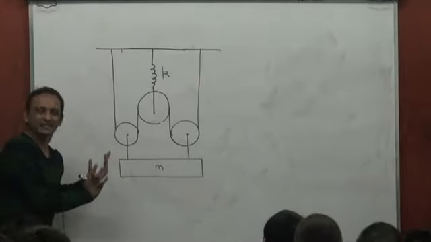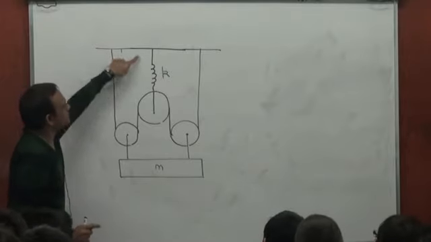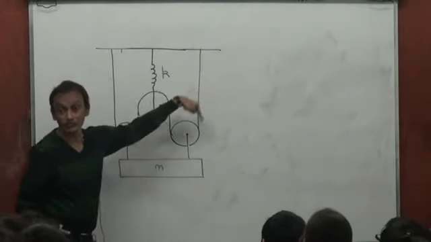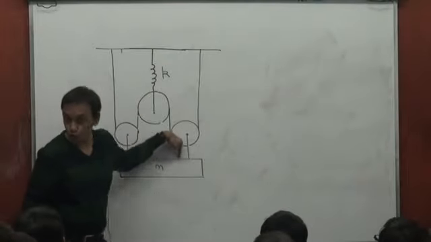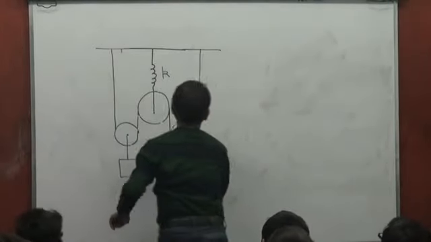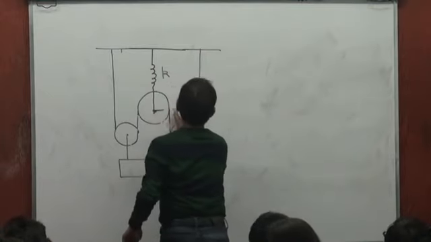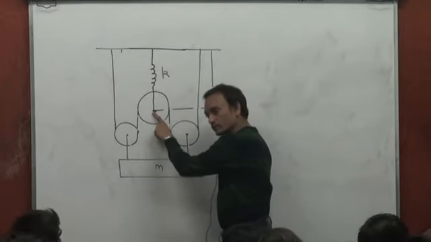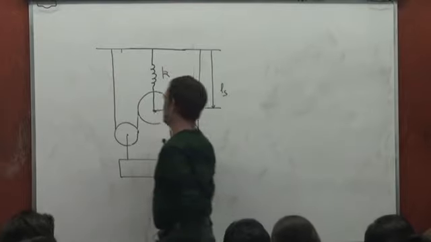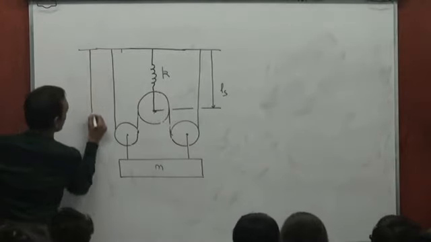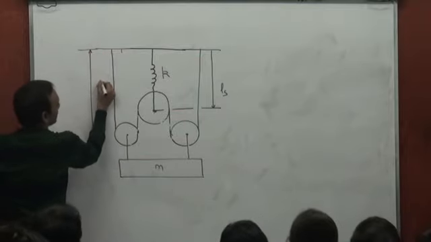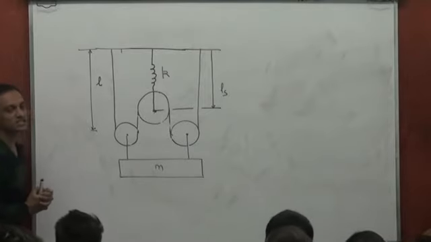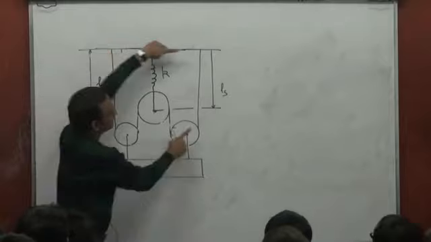Now, one thing, in any given state, whatever be the extension of the spring, the total length of the string will not change. The total length of the string, this is the string, that's not going to change. Say Ls, the position of the spring, will change with time. Ls, this is the end of the spring, it's going to vary with time, right? Let's say this portion of the thread is L. This portion of the thread is L. Now, what's the total thread length? L plus L, 2L